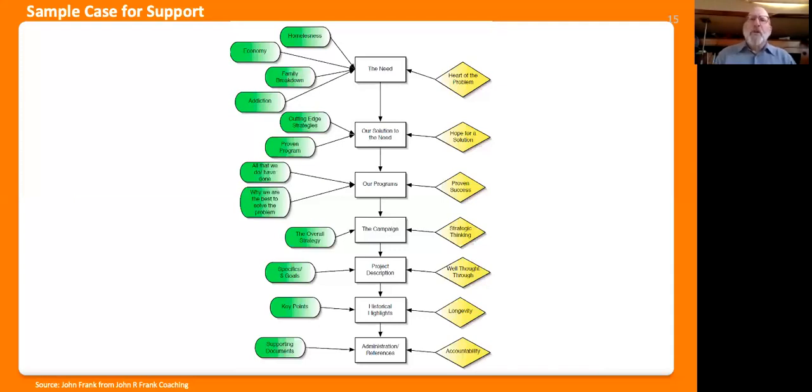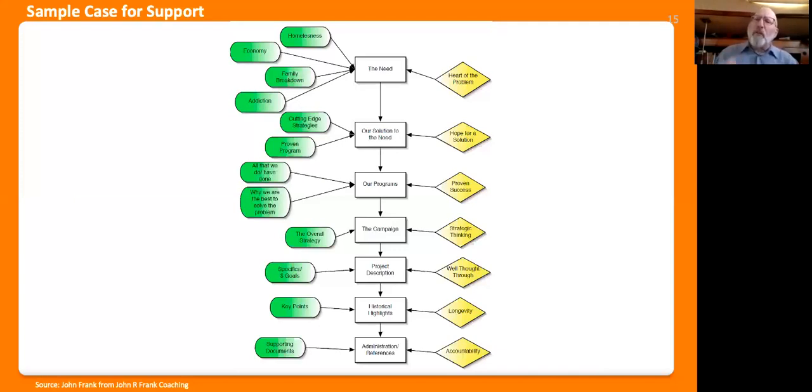All right. So I'm going to go through briefly how I determine the boxes in the middle, which is what you'll be writing. The need is, what did God call you to do? What is the need? It's not the money. That's not the need. It's not the finances. It is, how are you touching people? To the right, it says, what's the heart of the problem? And it lists some things: family breakdown, addiction, economy, homelessness.